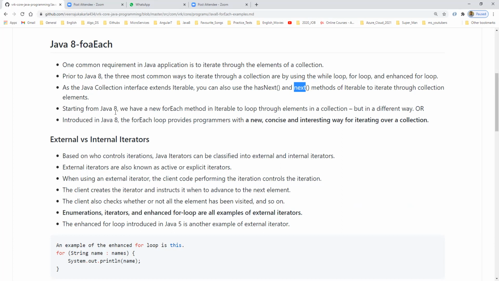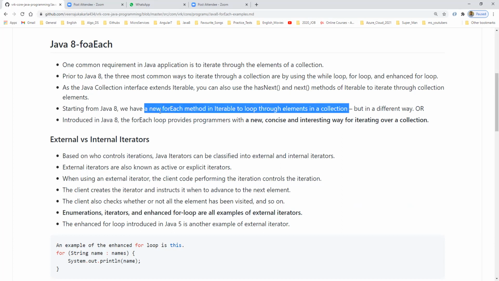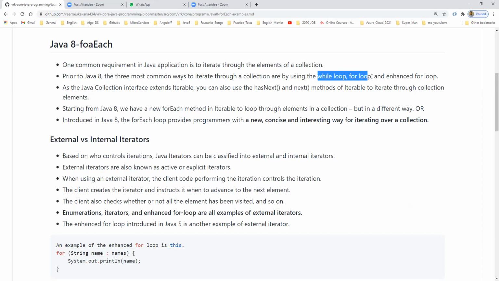Starting from Java 8, we have a new forEach method in Iterable to loop through the elements in a collection. So in Java 8, apart from the while loop, for loop, and enhanced for loop, we have one more method, forEach.